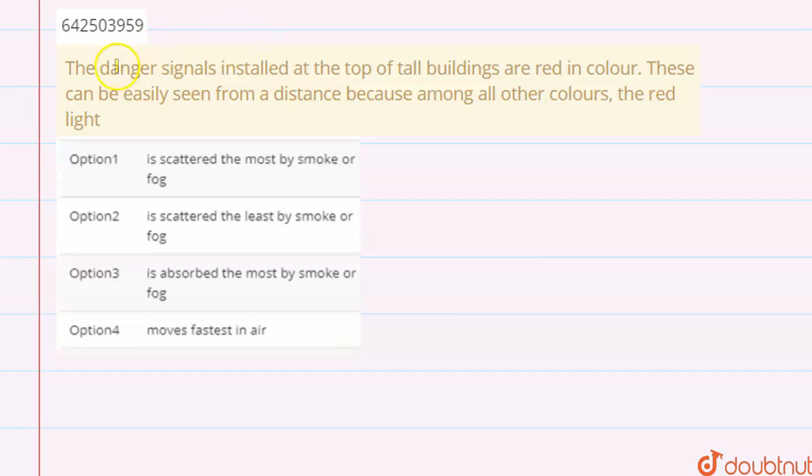In this question they have asked that the danger signals installed at the top of tall buildings are red in color, and these can be easily seen from a distance because among all other colors the red light,